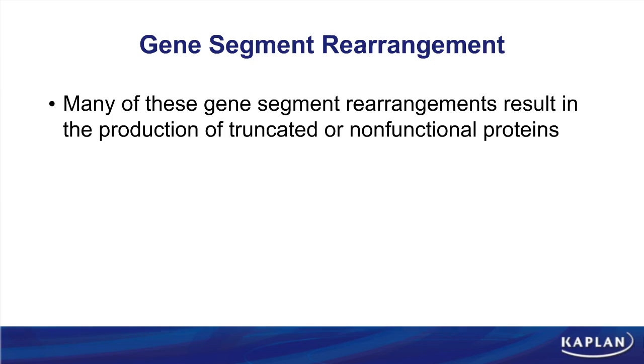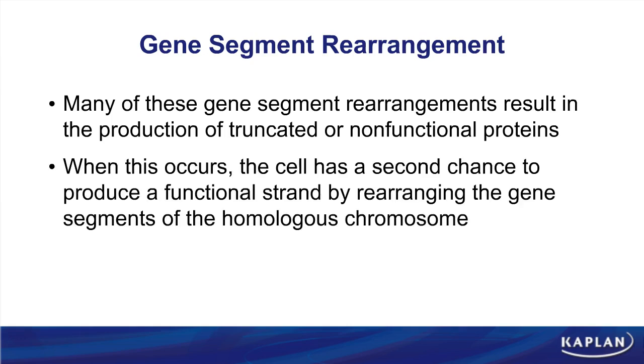When this happens, keep in mind there's always a second chance, because we initiate rearrangement on one set of alleles, maybe the maternal chromosome, and if we get a non-functional rearrangement, we can begin rearrangement on the paternal chromosome. And this fits in very nicely with allelic exclusion,